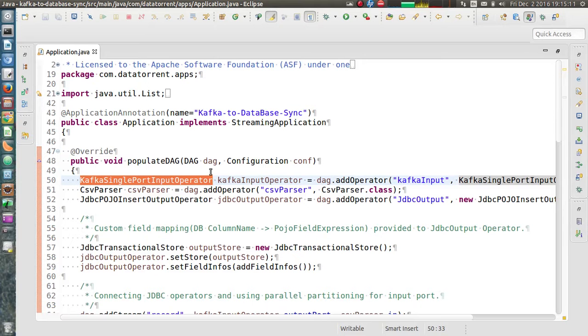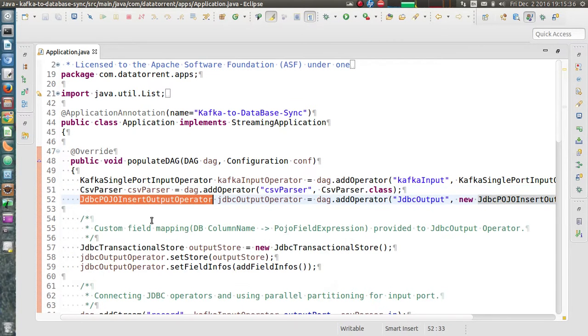The next operator is the CSV parser or delimited parser. It will convert those strings into a Java object based on the field separator which is configured. In our case, we will configure it to use the pipe character as the field separator.